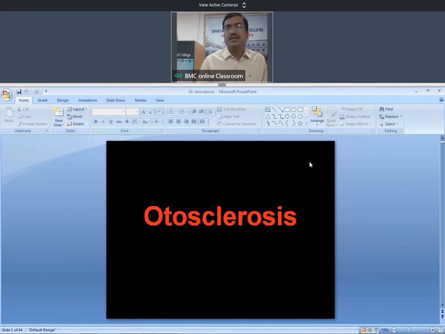Normal bone of the bony labyrinth is replaced by otosclerotic foci, which is denser bone. There will not be any movement of the ossicular chain, so they will have conductive hearing loss. The main treatment is surgical. The only symptom is hearing loss, which is conductive type. In cochlear otosclerosis, you can see sensorineural hearing loss. On clinical examination, the tympanic membrane will be normal. In the active stage, you can see the Schwartze sign.